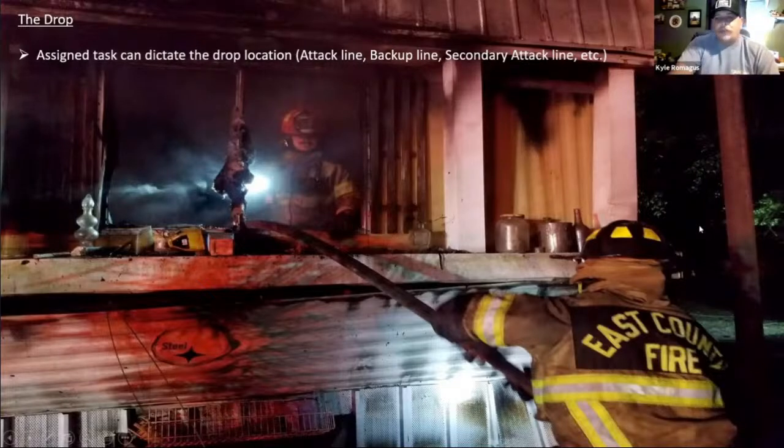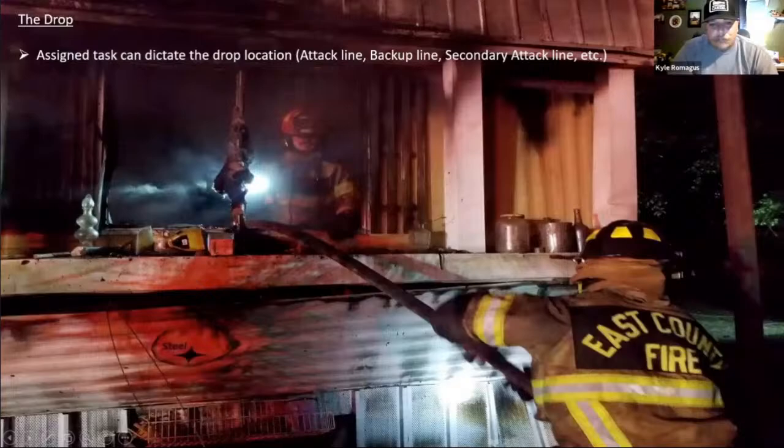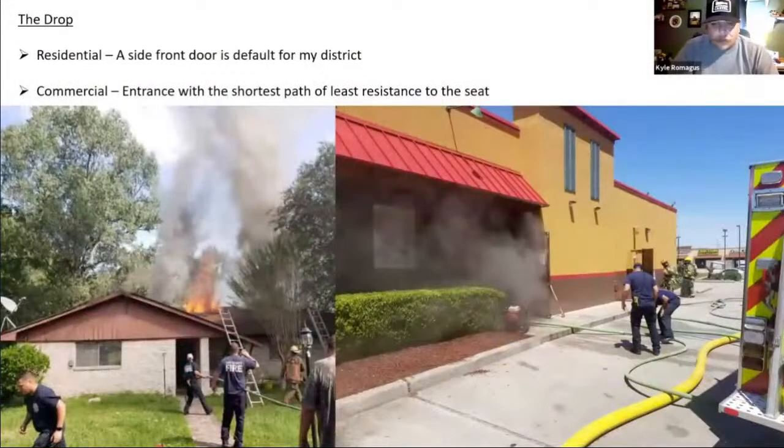So my defaults for residential and commercial are as follows. The bottom left picture is front door A side all day. For residential structures, I want the front door A side of these buildings in my district because it puts me in the direct pathway of victims in the building, which is why I'm entering the building in the first place, my first goal. So front door A side gives me direct pathway to the arteries of the structure, the stairwell